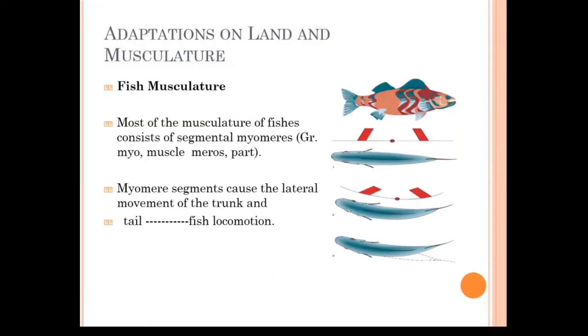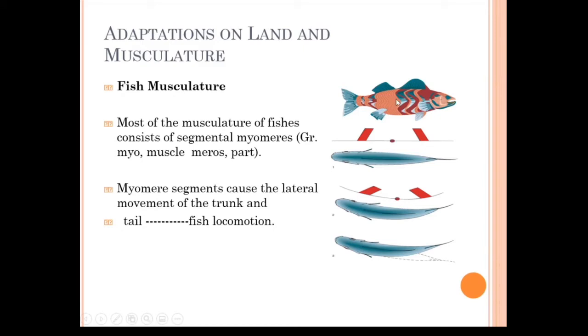Okay, now we are moving ahead and we see how the musculature system has adapted when the animal life moved from water to the land. So before discussing that, we should know what the musculature system was like in the fishes or the aquatic animals. Here in this slide, you see the figure on the right where the musculature system of the fish is shown,